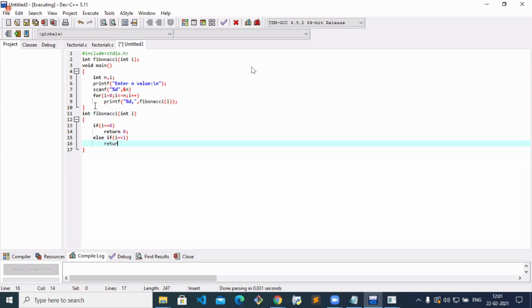Return 1. Else what will you print? Return Fibonacci of i minus 1 plus Fibonacci of i minus 2.